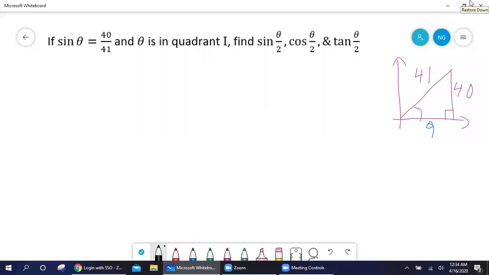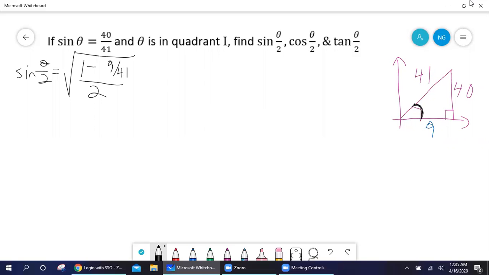So same formula that we just did. Sine of theta over 2. Now remember, again, the sign, S-I-G-N, the plus or the minus, is based off of what quadrant this angle is in. Well, if theta is in the first quadrant, slicing it in half, it's still in the first quadrant. So basically the sine and the cosine are going to both be positive. It's going to be square root of 1 minus the cosine. The cosine on my triangle would be 9 over 41